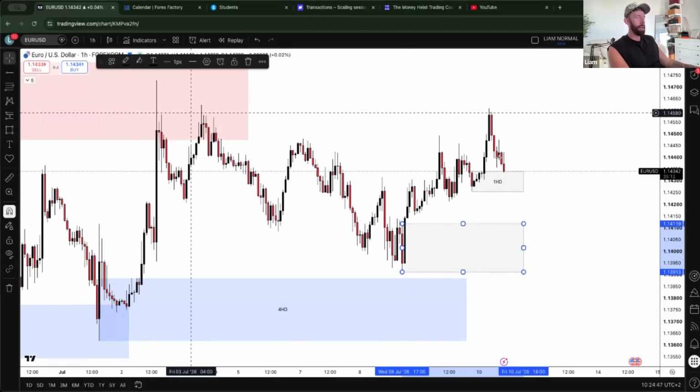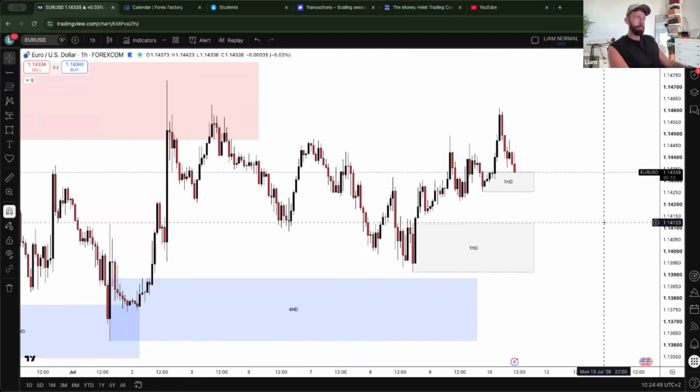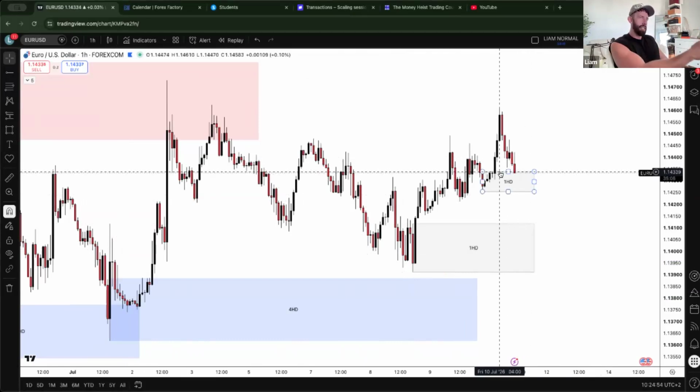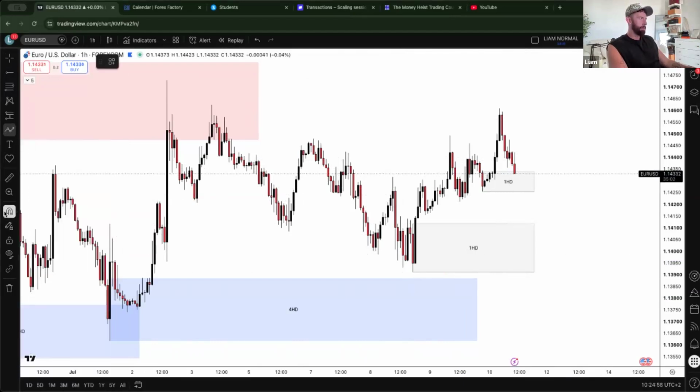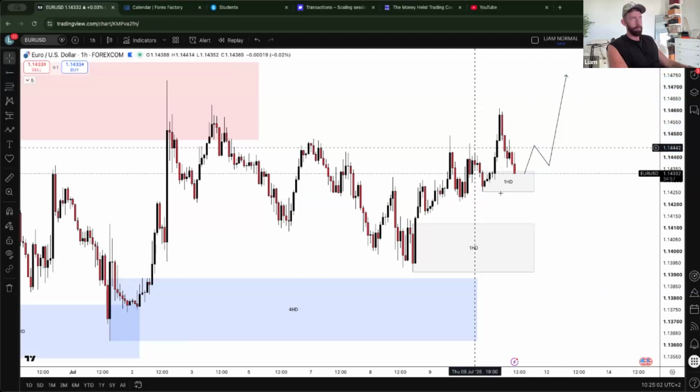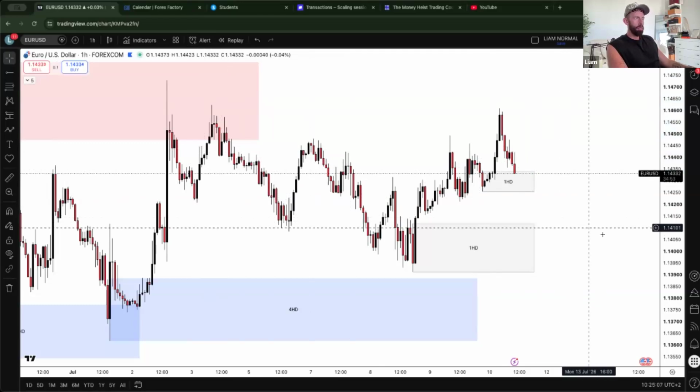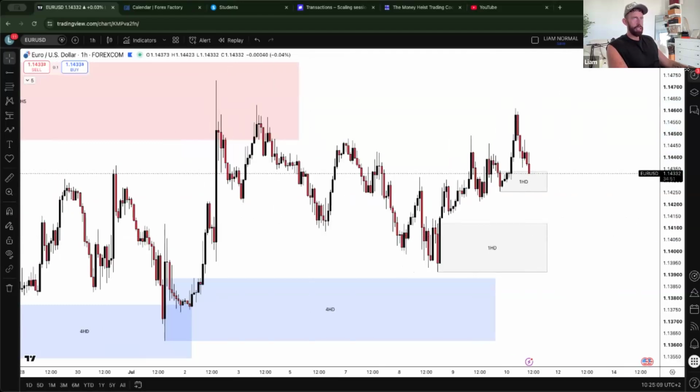It just depends where the dollar is most importantly, because we could slow down a lot in here in order for the dollar to get to the supply. If that happens, then we can make a decision to see if the dollar is going to carry on from that supply and potentially just carry on from this demand. So hopefully that is pretty clear to you guys.